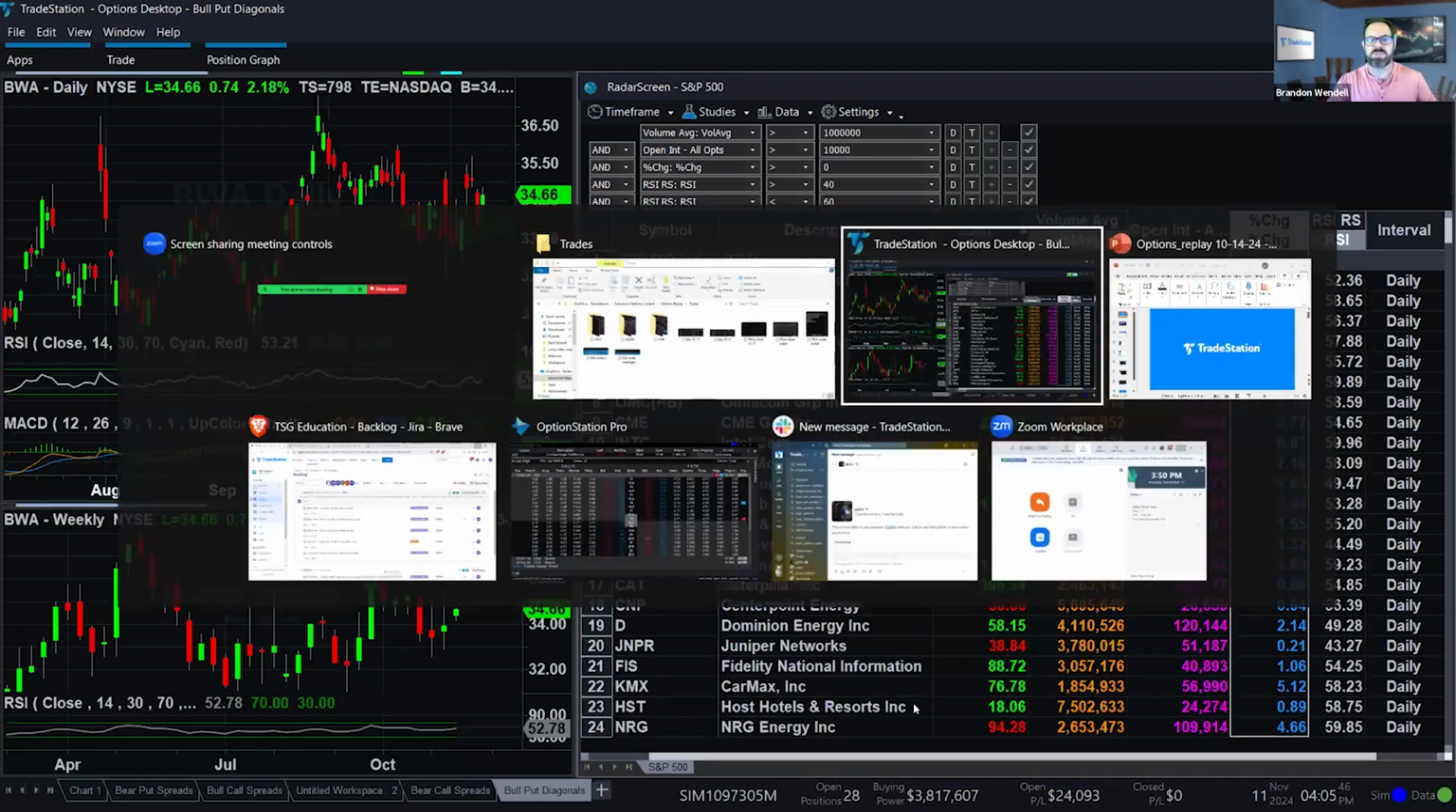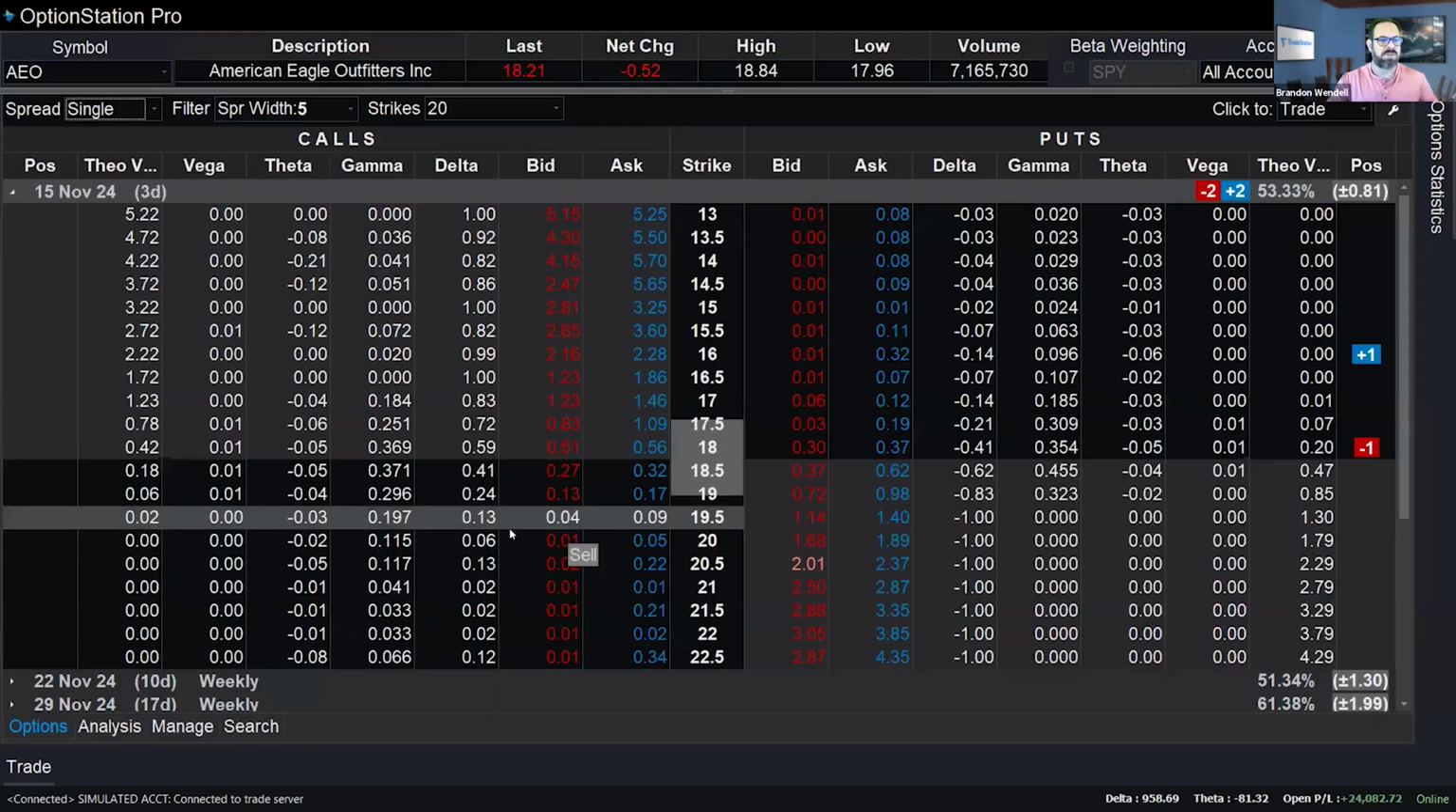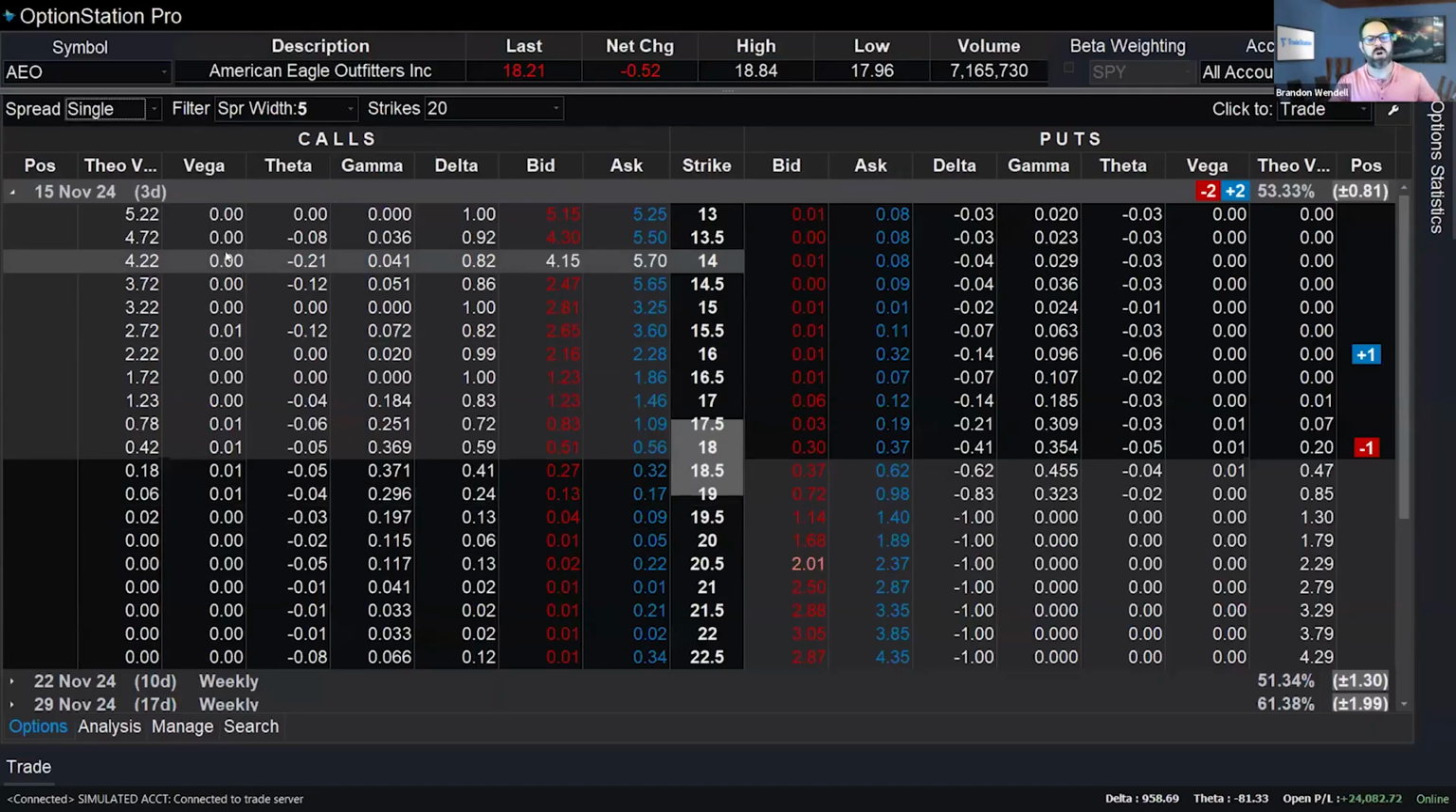I'll go over here to my options platform, which is OptionStation Pro. I happen to be on AEO, American Outfitters. Doesn't matter the security, and this is a short-term option right now, but we have Vega, Theta, Gamma, and Delta represented for the Greeks. The one I'm missing is Rho, which is only important really when you're dealing with